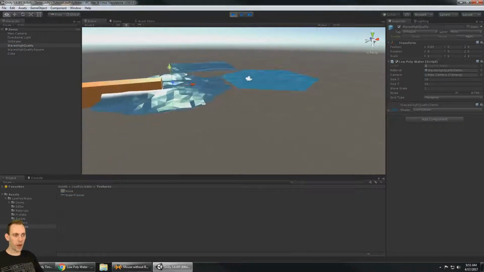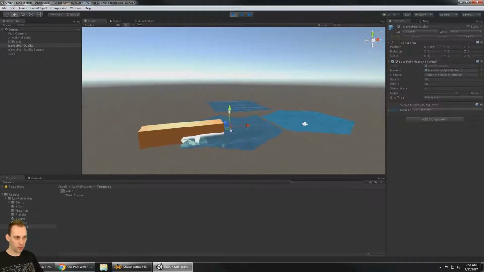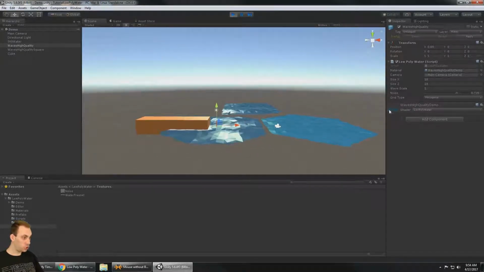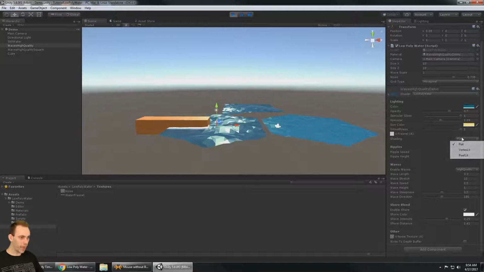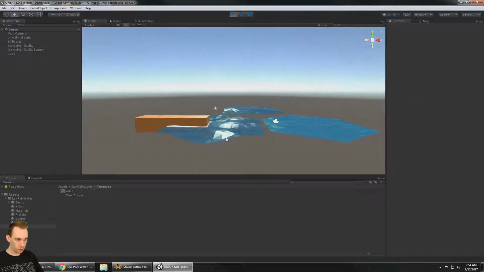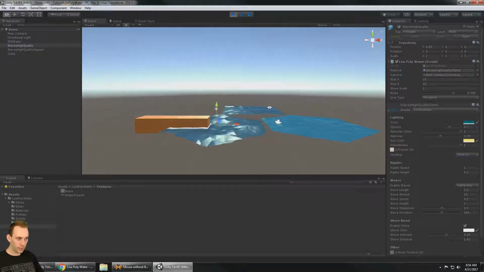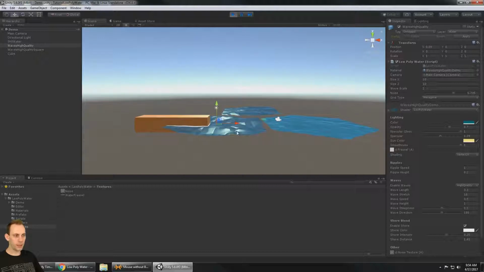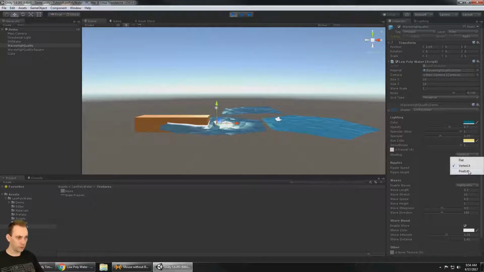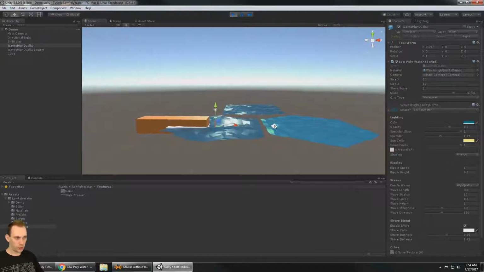Over here we have the high quality one, and this one has the shore. What we can change is the shading. We can do flat shaded, which is going to be a flat color on each wave. Or we can do a vertex lit, and that's going to do a nice gradient between the different triangles. We can also do pixel lit, which is going to light it per pixel, so there'll be a really nice